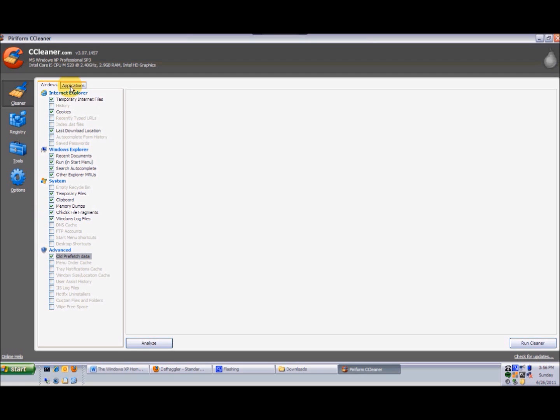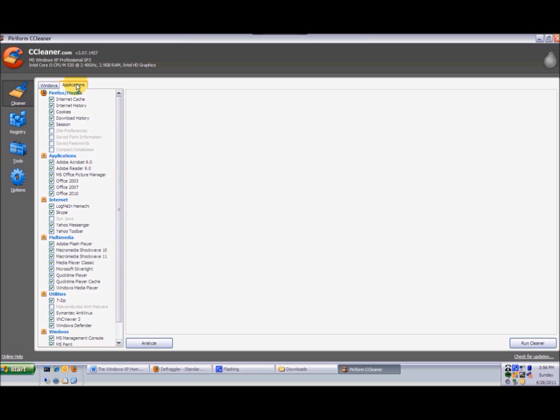It's good there. Let's click on the applications tab at the top. Again, I do use Mozilla Firefox for my internet browsing and not Internet Explorer, and my kids do the same thing, so I'd uncheck that. I like to compact the database. Application wise, I've got Office 2010 on the machine. I'm going to uncheck that